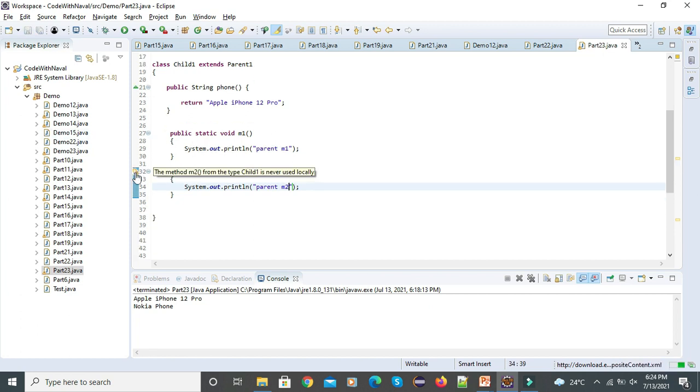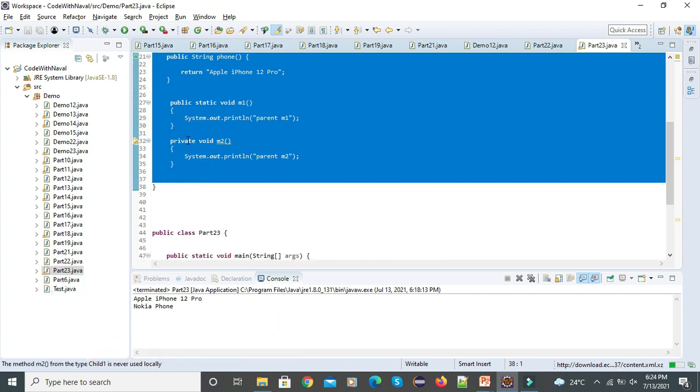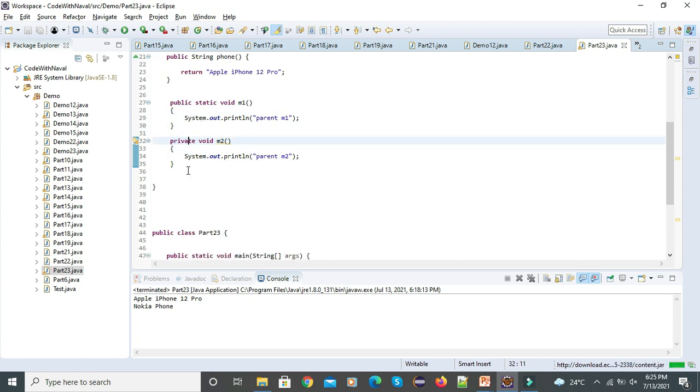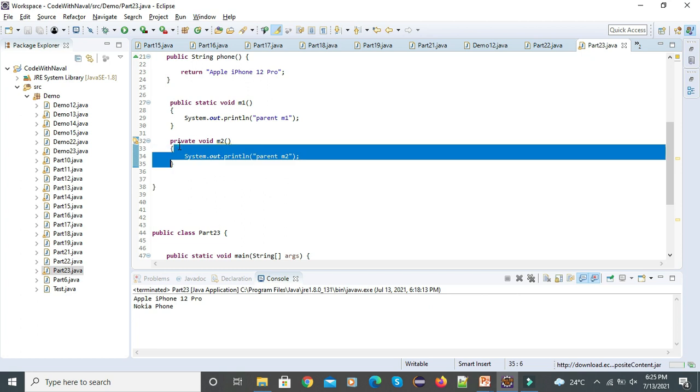Let's hover here, and you can see the method m2 from the child is never used locally. We can use a private method only within a class. We can't use a private member outside a class. Any private member, whether it's a method or a variable, we can't use outside the class. We have to use this private member only inside the class.